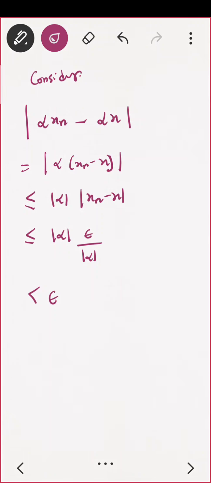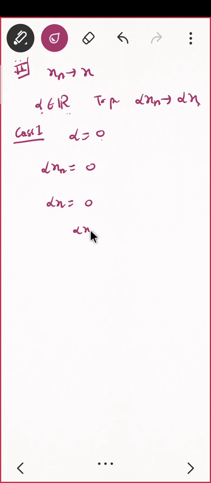Okay, let us see that later. Now, since alpha belongs to the real numbers, I have to prove this by taking two cases. Case 1, suppose your alpha is 0, then what can you say? Then how is your alpha xn and how is your alpha x? How are the terms of alpha xn? Since alpha is 0, xn can be anything, it is 0 and it is also 0. So we have proved that alpha xn converges to alpha x. That is quite trivial if my alpha is 0.